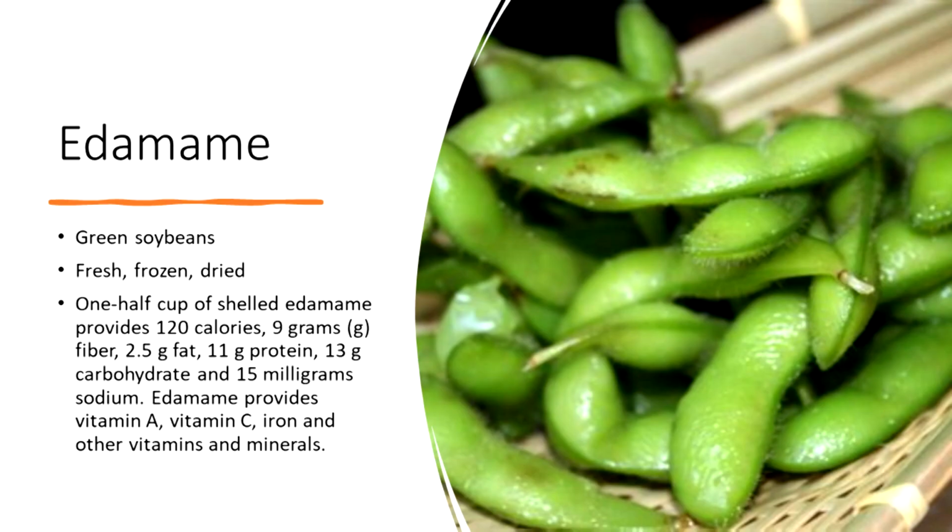And these are beans, but they're the current fad for health, the edamame. I don't know how to say it. Sorry, guys. It's green soybeans, fresh, frozen, or dried. One half cup of shelled edamame